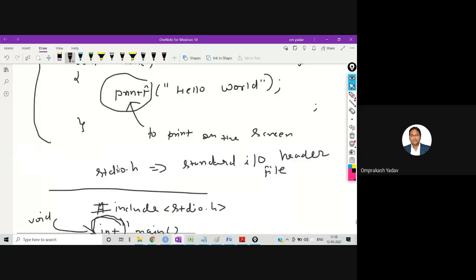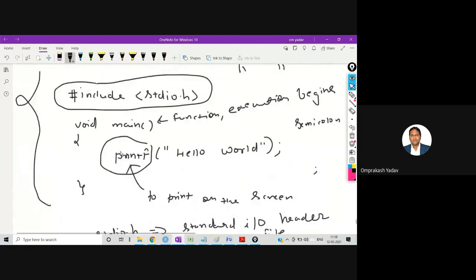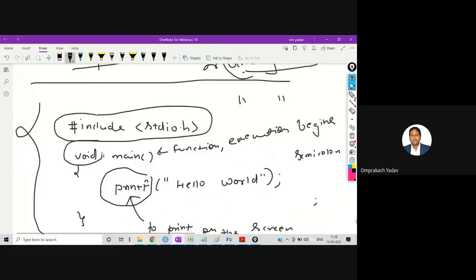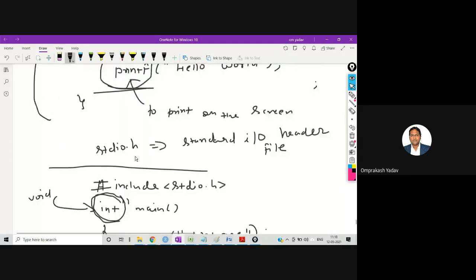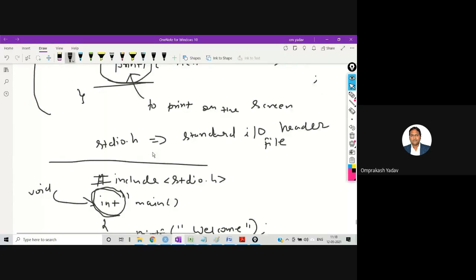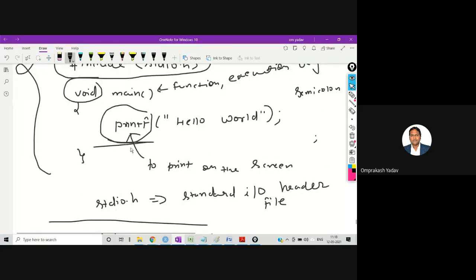If you don't write int before this particular main, if you are writing void, then you don't have to return any value. Here in this code, I have not written any return value because I had written void. Void means the return type is nothing, so after the function performs the task, it will not return any kind of value.